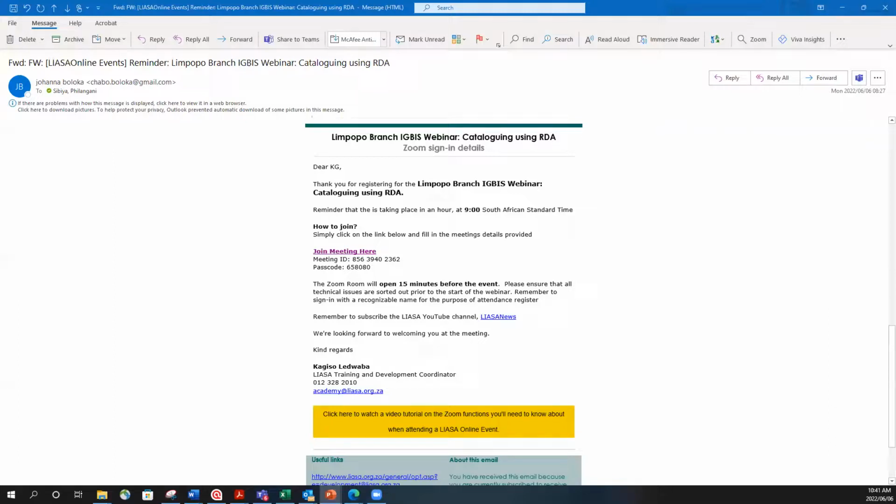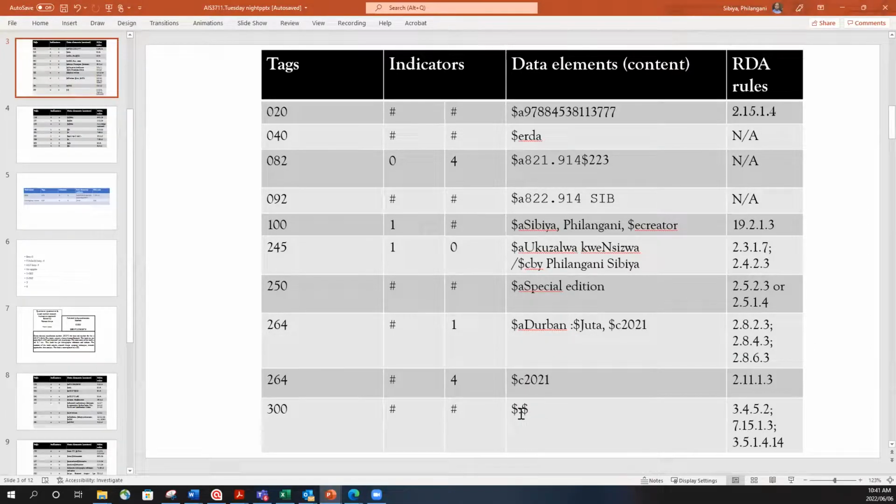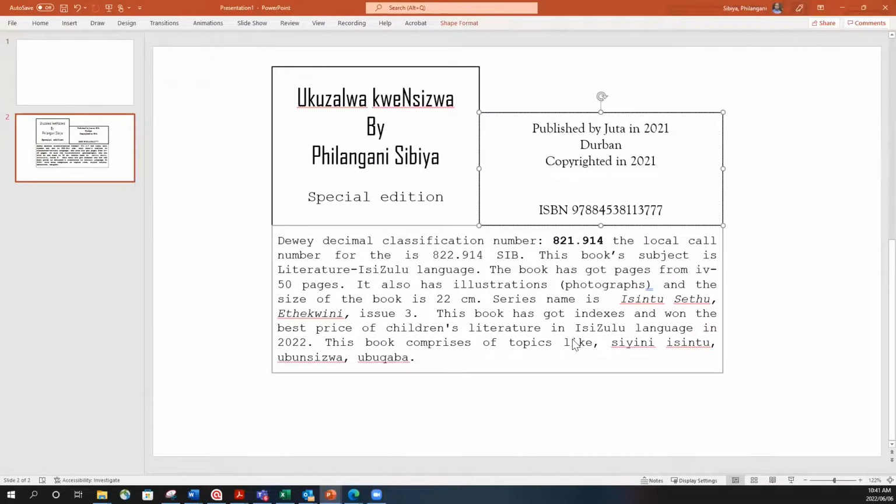Okay, class. So we need to talk about now the physical description, or describing the carrier's information. So in this case, we need to check what we have there. Remember, I'm still stuck in the American Cataloguing Rules' ways of naming things. Like the physical description area is composed of the page numbers, the illustrations, illustrative details, and then